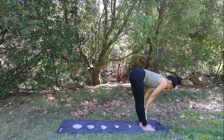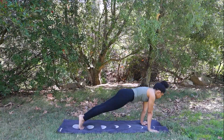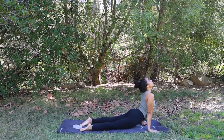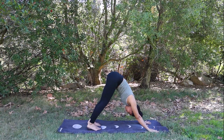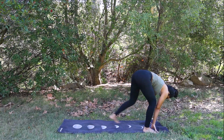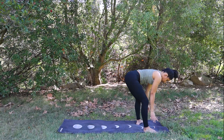Inhale, half lift. Exhale, plant the palms, step back into plank, taking your vinyasa. Cobra, up dog. Pressing back and meeting in a downward facing dog. Breathe here. For our next pose, we'll step the feet as wide as the mat, heels in, toes out wide,